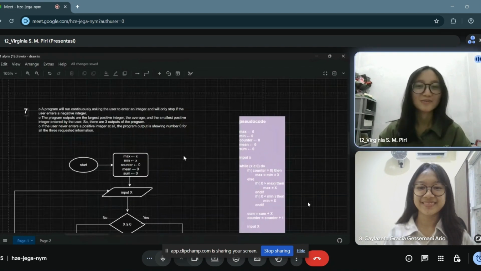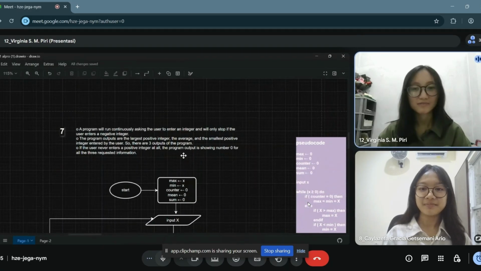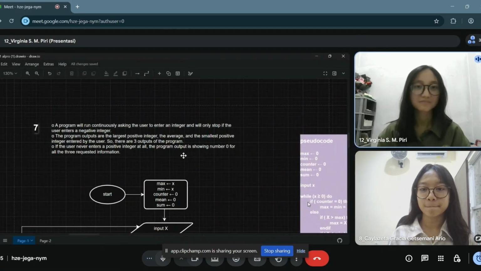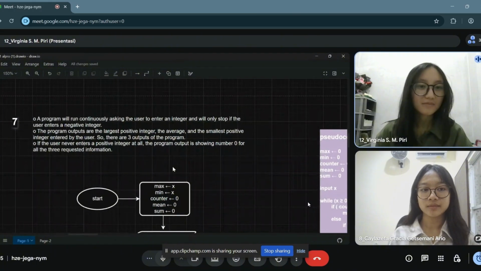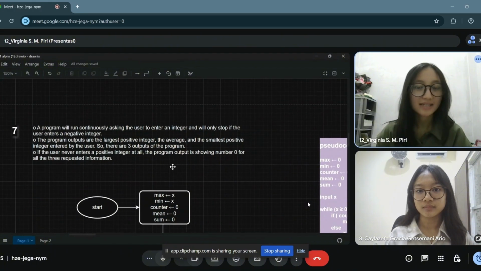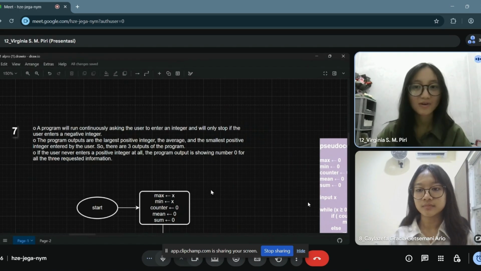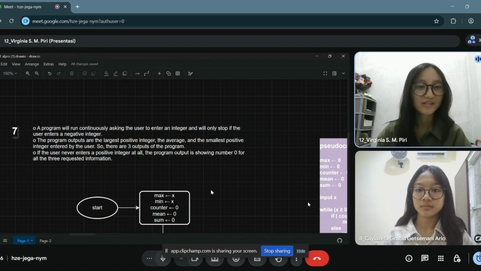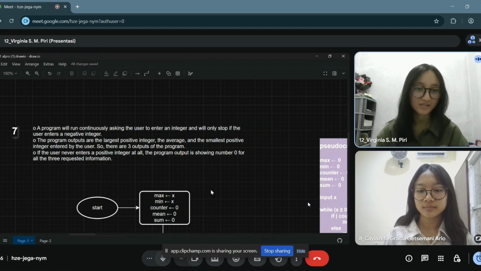Okay, so now I will read the problem. A program will run continuously, asking the user to enter an integer, and it will only stop if the user enters a negative integer.